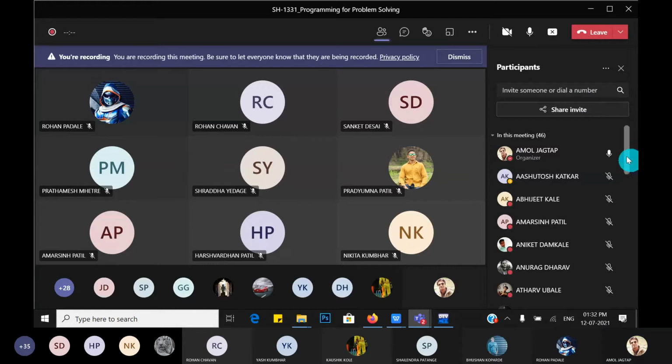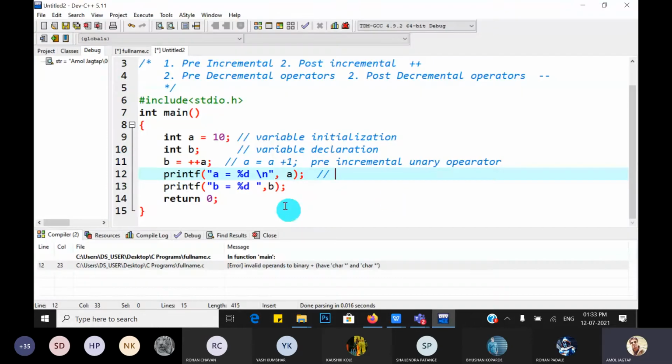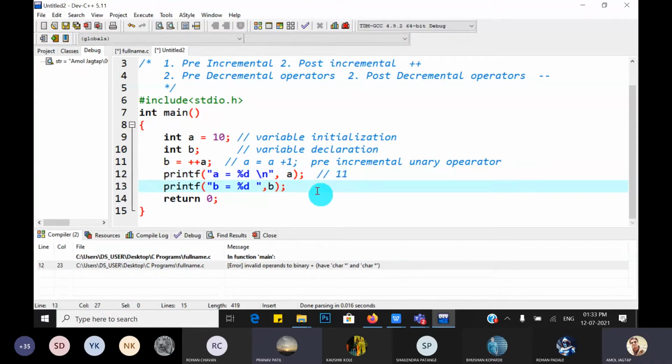What is the value of a when we display it on the console? A will change to 11 and also b will change to 11. A is also 11 and b is also 11. Yes, it is correct.